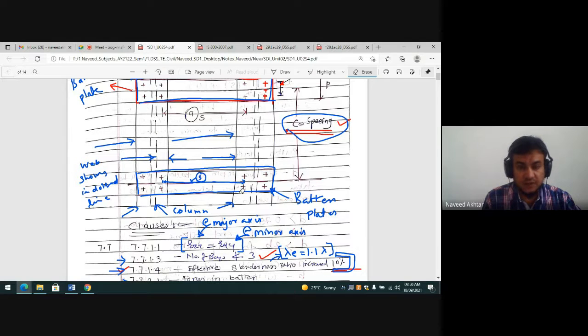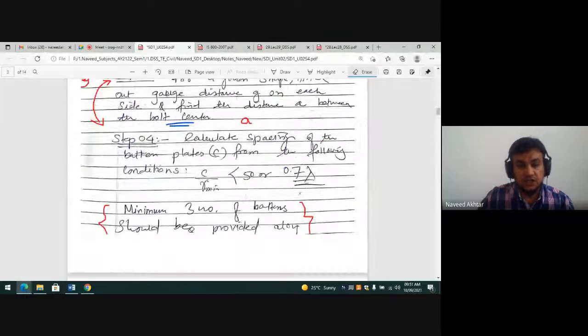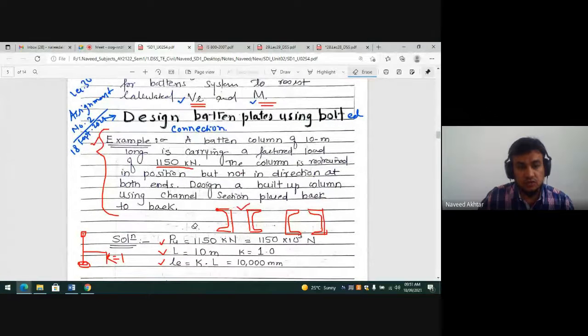For the design of an eccentrically loaded column, you just have to check for member strength only, and then design the column base. It may be a slab base, a gusseted base, or a moment resistant base, with axial load and axial bending. So you have to go for the design of this in unit number three. We will cover unit number three fast before your examination, so I request all the students to join the lecture regularly. This assignment number two you have to complete, and I will share this on your group also. This assignment number two is on the battening system.